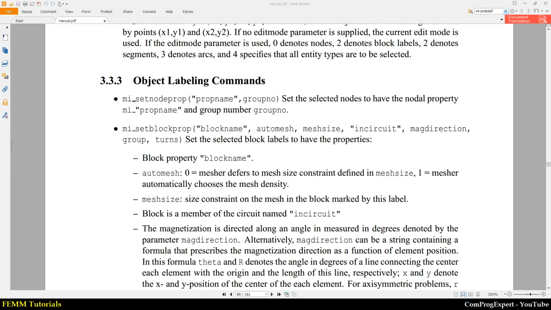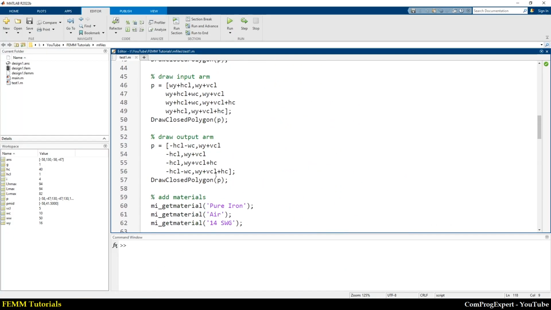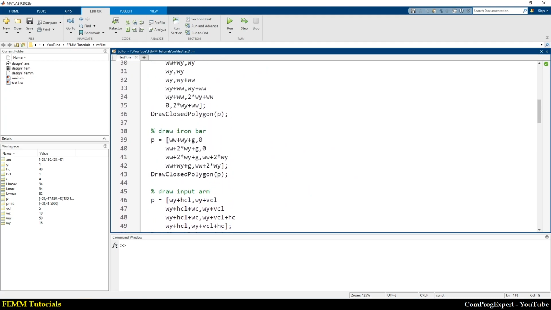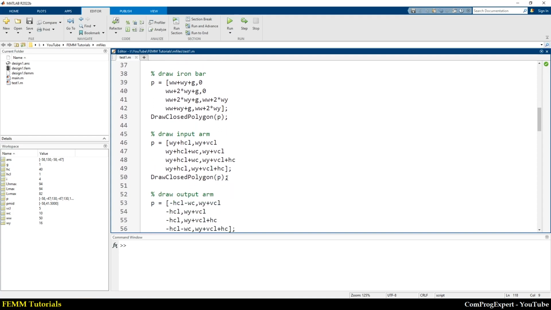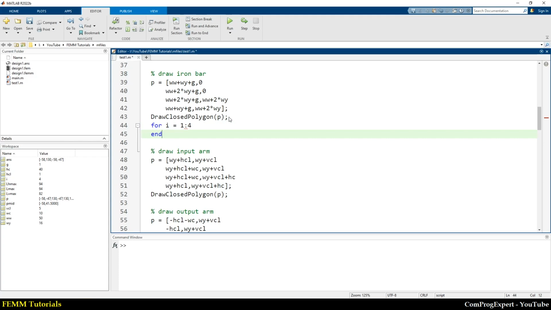So here, when we generate the iron bar, define closed polygon, we can also set the group index for these points. So I can write here for i equal to 1 to 4 and